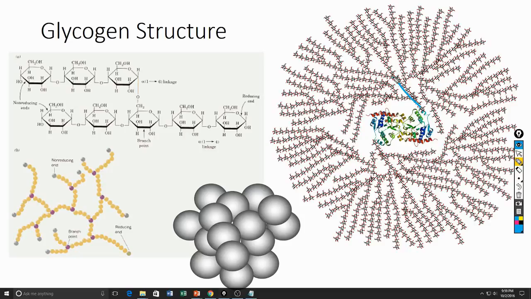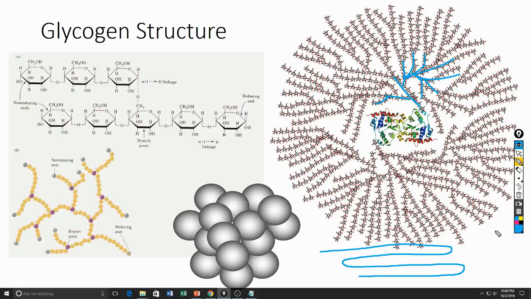And from there we have one strand which is multi-branched out here, and each one of these is branched out, and you can see it's kind of like a snowflake at a certain point, right? And that's kind of what glycogen looks like. Now the benefit to this, as opposed to just having, say, one really long strand like this,